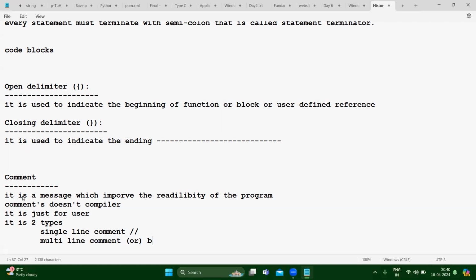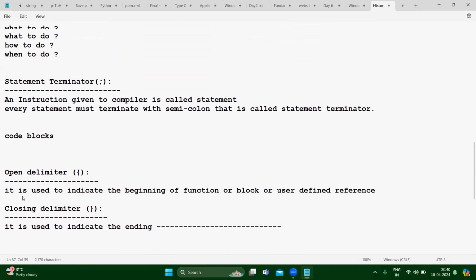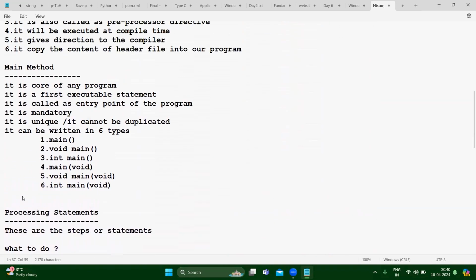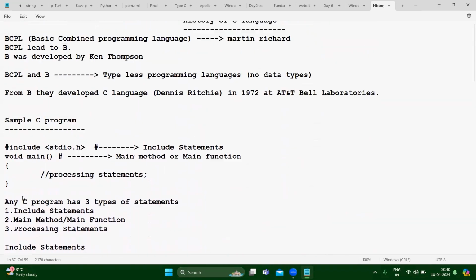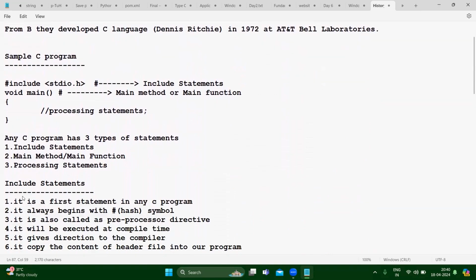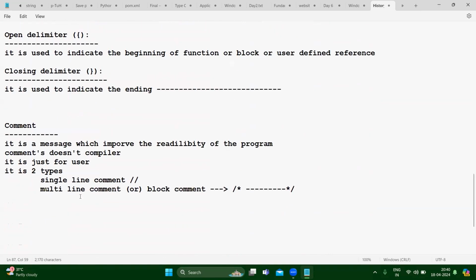How will we write it? Slash star, then some statements will be there, and after that mention star slash again, in this way. Okay, Ria? Yes, sir. Did you note down these points? Yes, sir. Anyway, I will send you all these things.